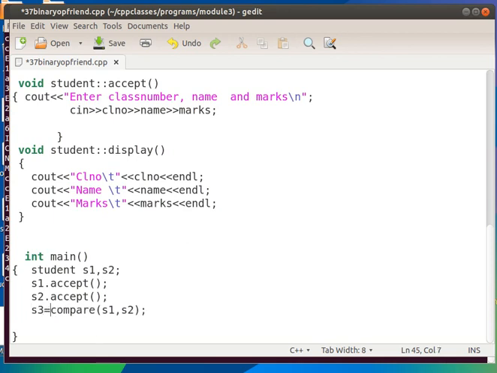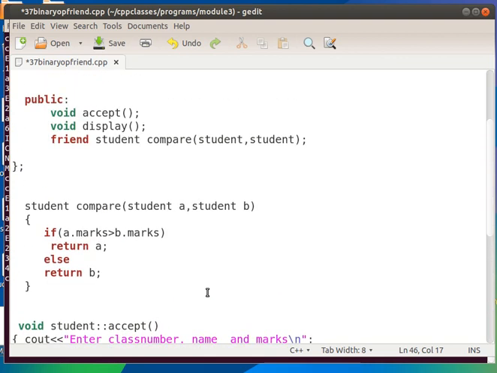So I am storing it in an object S3. Now I am displaying it, S3 dot display. So it will display the details of the object S3.